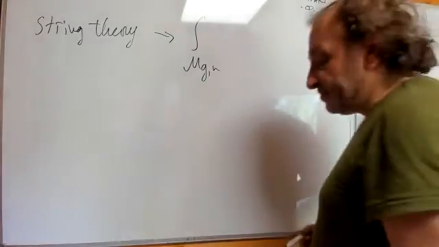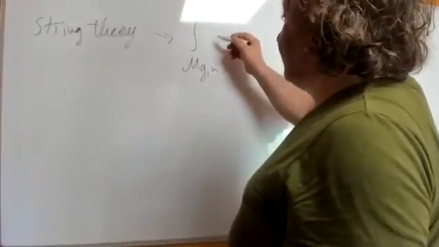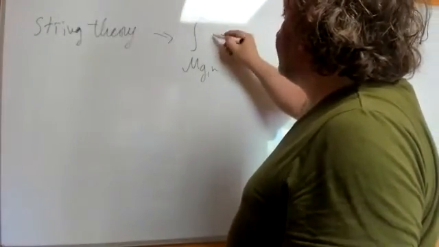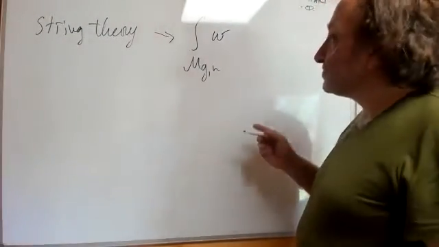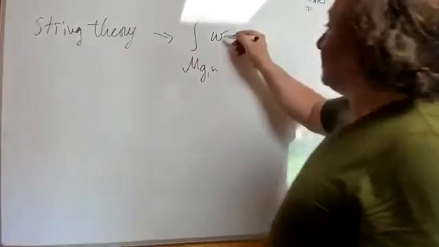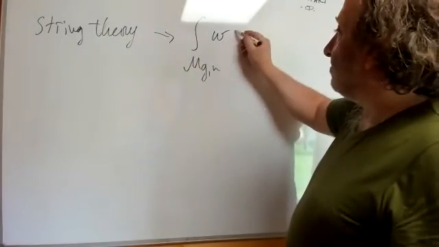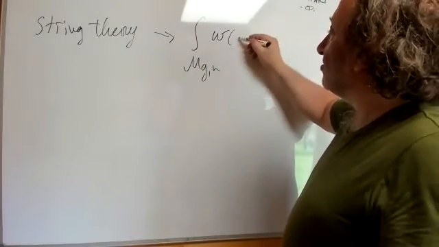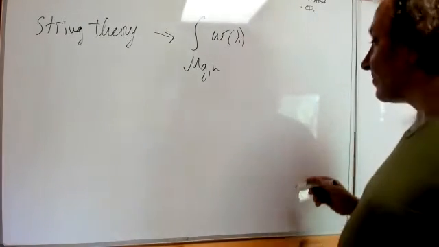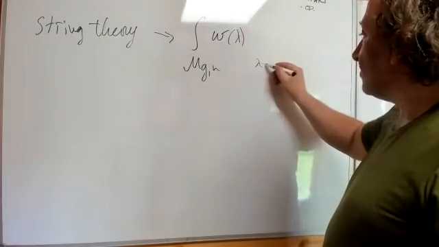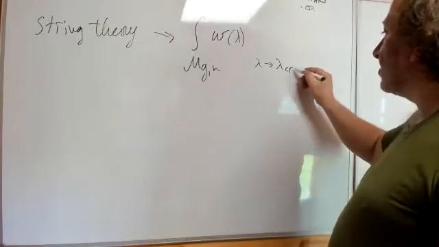However, here we have some measure. However, imagine that this measure can depend on some parameters, I don't know, lambda. Then imagine that when lambda is going to some lambda critical,